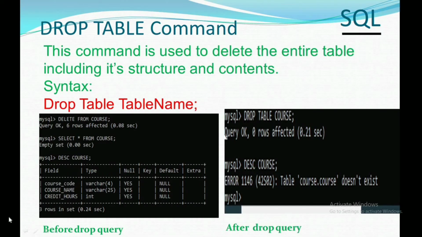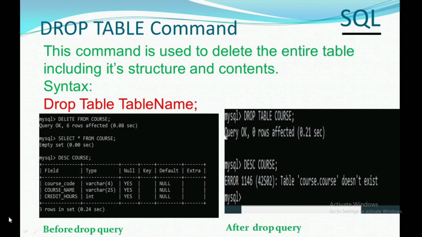The drop command is used to delete the entire table including its structure and contents. If you drop the table, then it will not be there in the database. The complete table with its structure will be deleted.